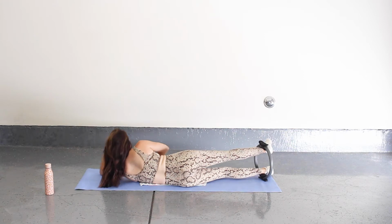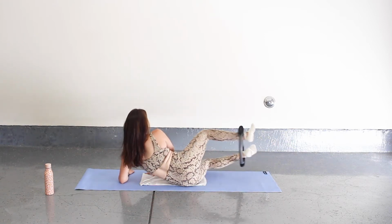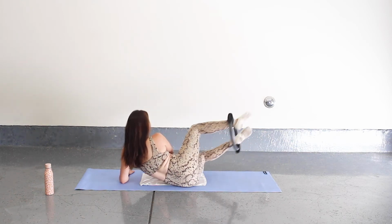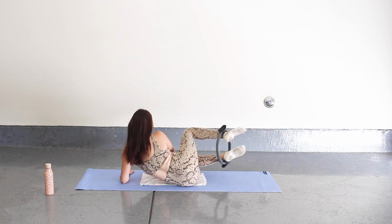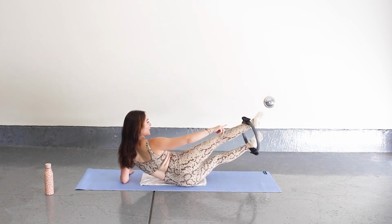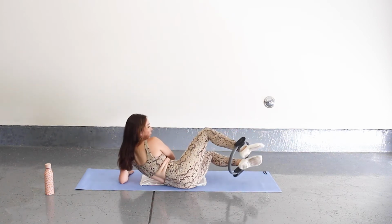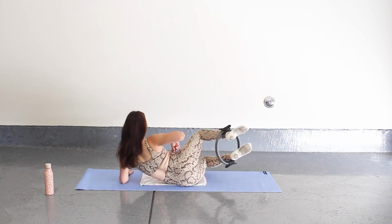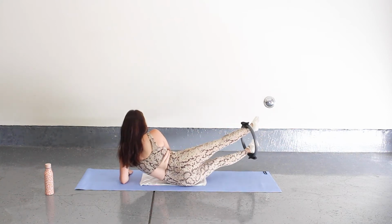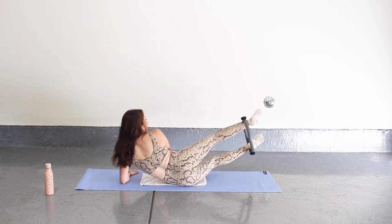And we're gonna kind of come up onto that forearm again. And now we're going to bring both feet in and both feet out. So bending and stretching. Bending and stretching. So you can tell both hips, legs are in space, and I'm still on that left hip. I'm not rolling over. So feeling this oblique, fire up. Good. For 5, 4,